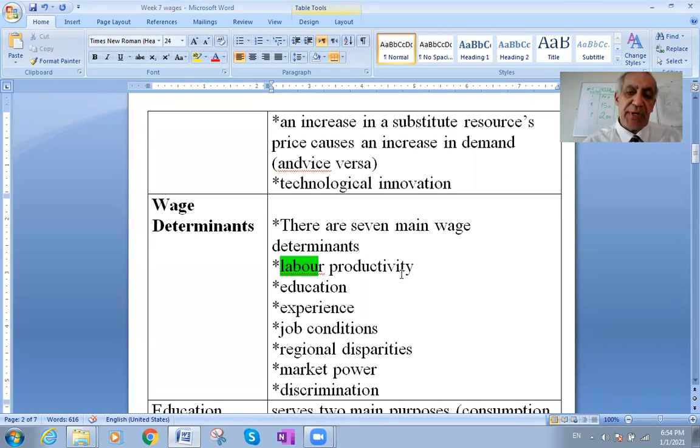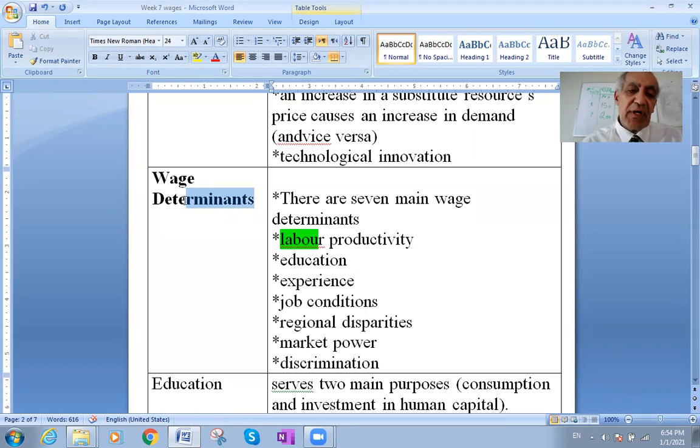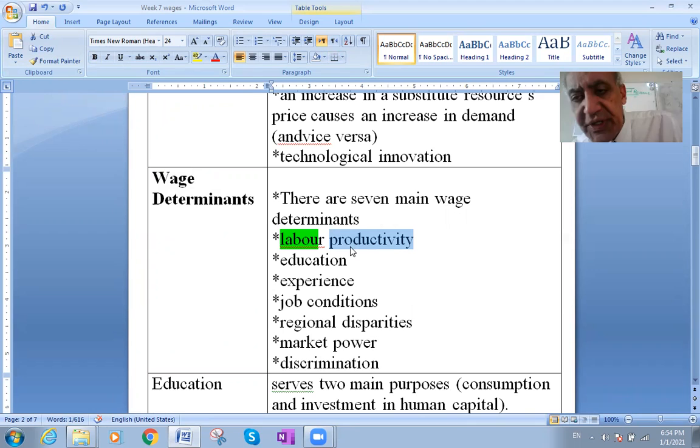Okay. What are the wages? Now we will go to the wages. The wages are the money which you take for your work. For doing work, you take wages. So, what are the factors that affect the wages? First of all, the productivity of anyone who's working. We call it labor productivity.